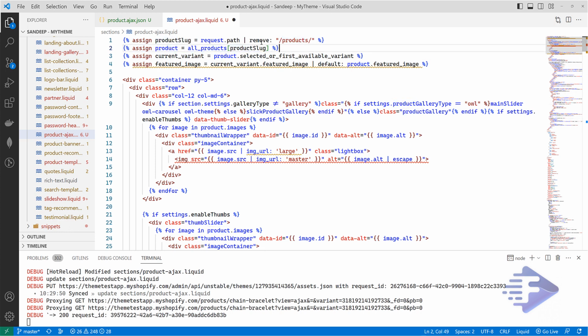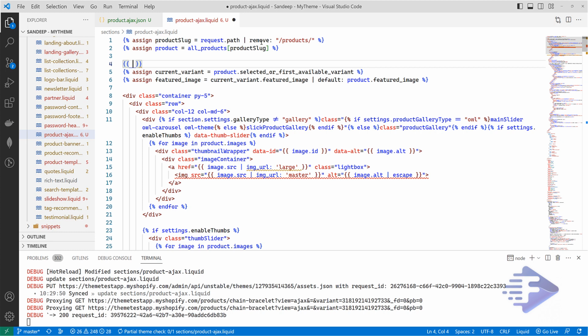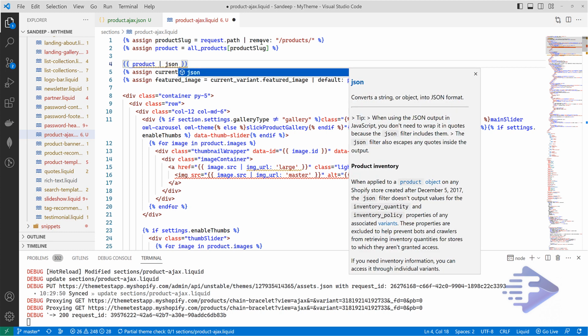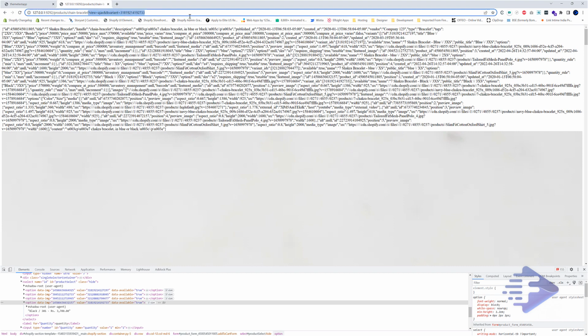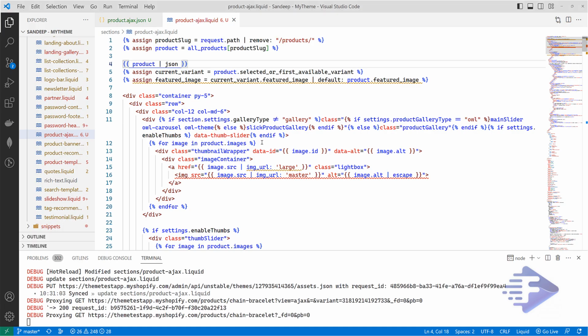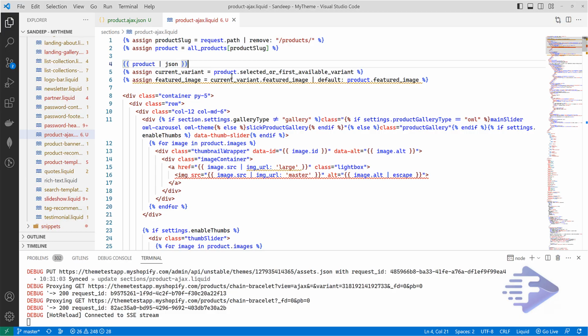Let's print this one now in JSON form and save. Let's check now. We should have a JSON of the product. Yeah, we got our JSON. So that's all for this section.